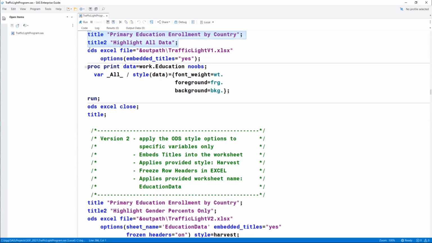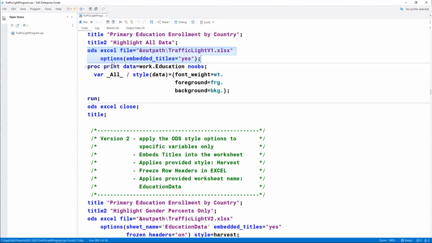And then I have two statements, one ODS Excel statement that has a file equal option that says, I want to put this new XLSX workbook out to this location, my out path, and then I want to create this file, traffic light v1.xlsx.